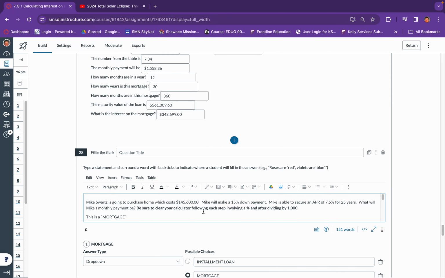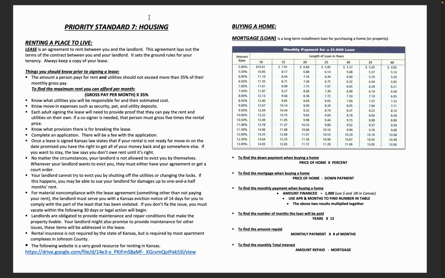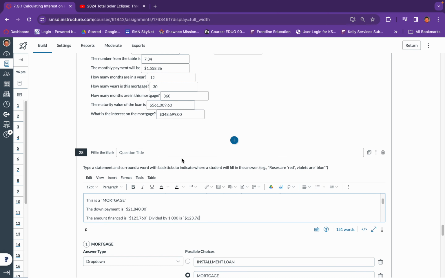We had 7.5 for 25 years. 7.5 for 25 years is 739. So the number from the table is 739. So we're going to take 739 times 123.76 to find the mortgage payment,